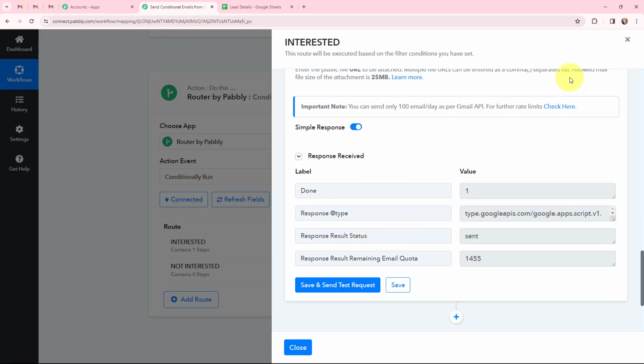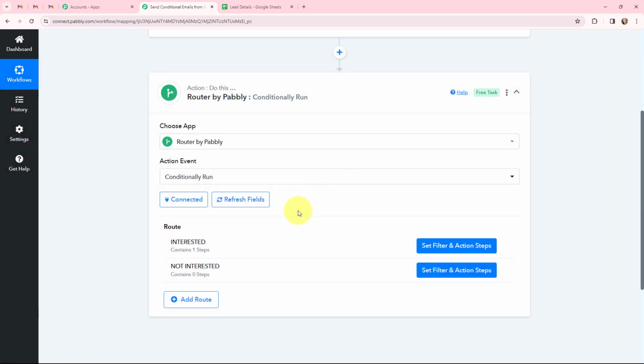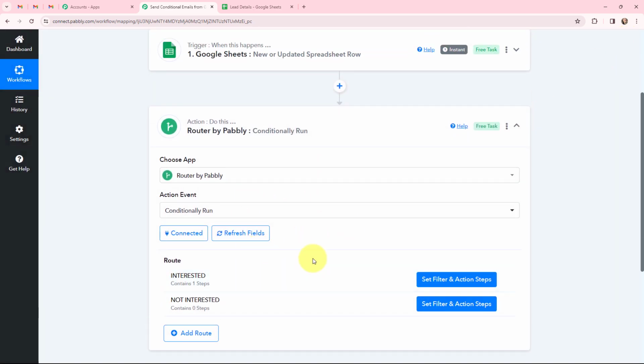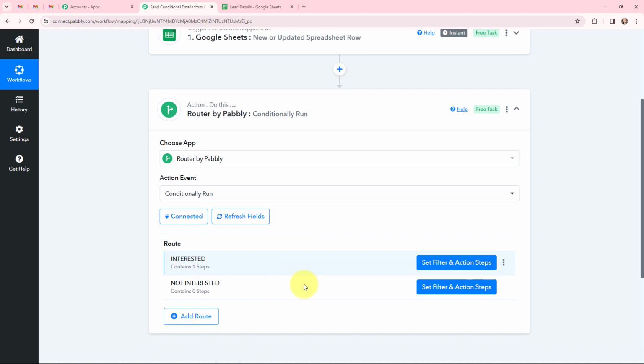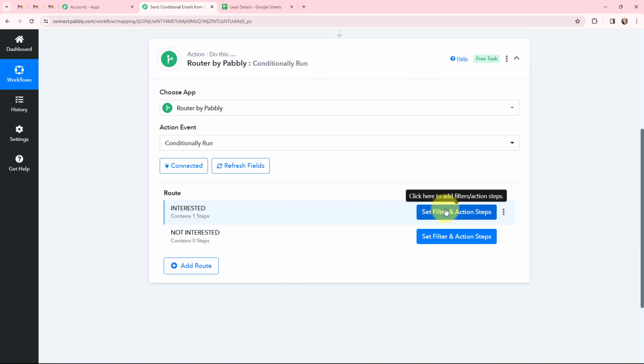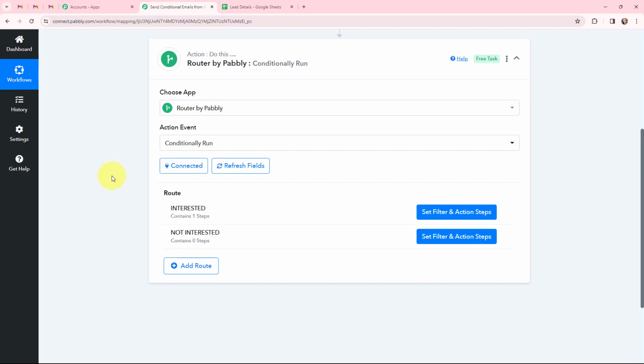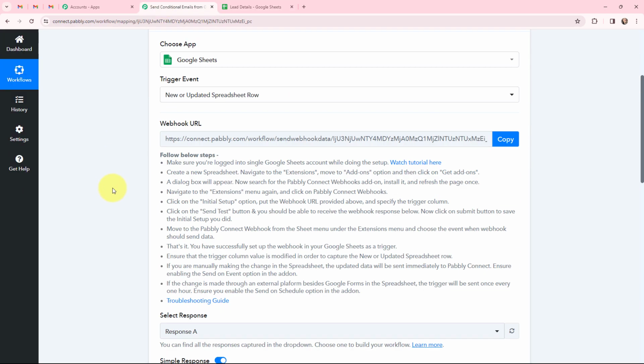As this was the case for the interested lead, but what will happen if the lead is not interested? So now I'm going to show you that case as well. Here I'm going to follow the same steps which I followed in this route, that was to set a filter and the action step. Now here in this Google Sheet, in this new row, I'm going to add the lead details who is not interested. Firstly to do that, as I'm setting up this automation right now,